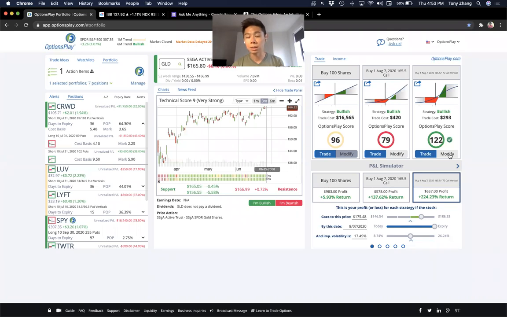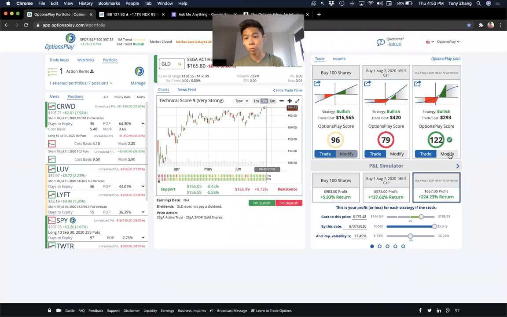One of the things is that you can buy some call options or a call spread here on GLD for a relatively small amount of capital, $293. That's 3% of the underlying stock price. It's a relatively cheap way to play for upside here. Gold doesn't move a whole lot. That's part of why the options are relatively cheap. But I do like this breakout as more of an inflation hedge, long-term view here on gold, in my opinion.